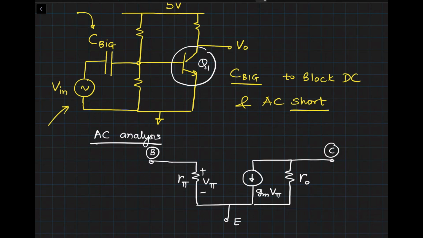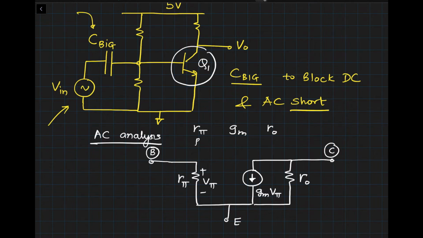So this is the small signal model of the bipolar transistor operating in the forward active region. Just to make a point, collector to emitter current is given by GM Vpi, where Vpi is the voltage drop across VBE. Again, all these quantities here are small signal quantities. Using our DC operating point, we figured out what is the value of Rpi, what is the value of GM, and what is the value of R0.